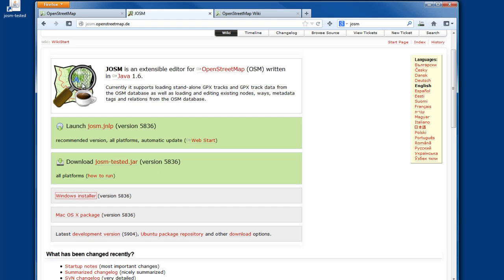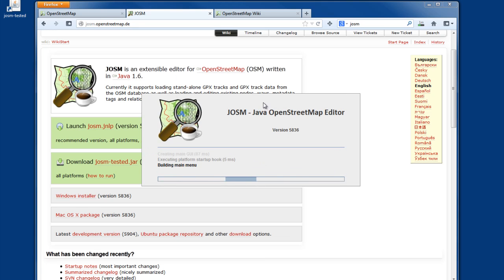I just close that one. And double click the josm-tested.exe file, and it will pop up with a basic installer. And in this case, I've created a shortcut here to the desktop, which I'll double click now,